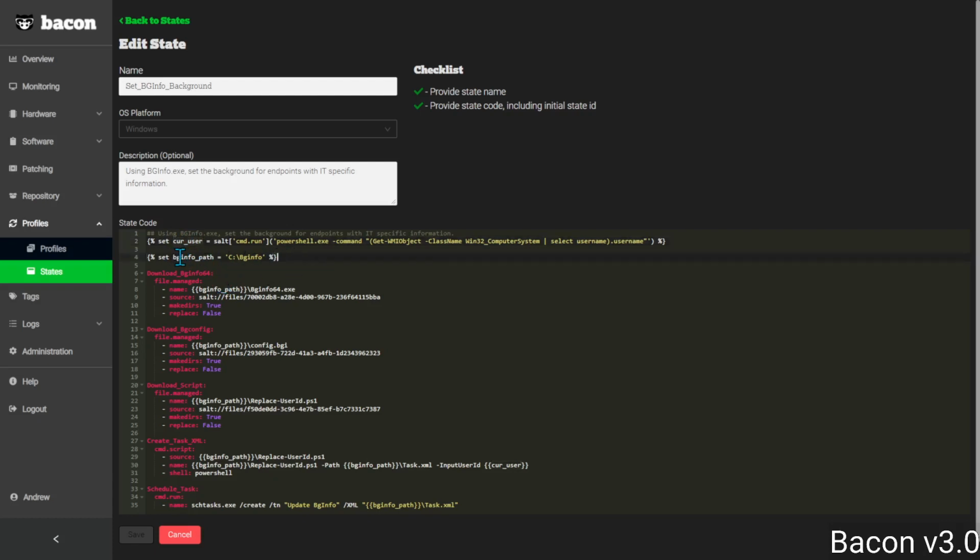Next thing we're going to do is assign a path. In your state, you can modify this path to be anywhere you want. For our demonstration purposes, we are making it right at the root C:/BGInfo. And we're saving that to BGInfo path. If you have a look, our first state is a file.managed. Second state, file.managed. Third state, file.managed. What that means is we're copying over a file from our repository and we're copying right over to the computer and naming it